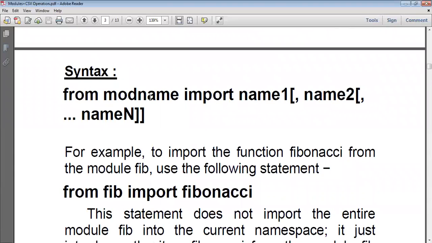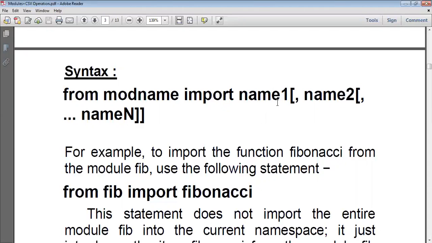But in the from import statement, if you don't want to load the entire module and just want to access particular functions, for example only two functions or only one function in that module, then you can use a from import statement. So you write from, the module you are importing from, followed by the keyword import, and then the function names or variables you want to access in that particular module.